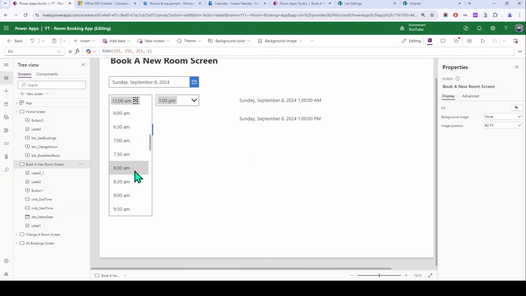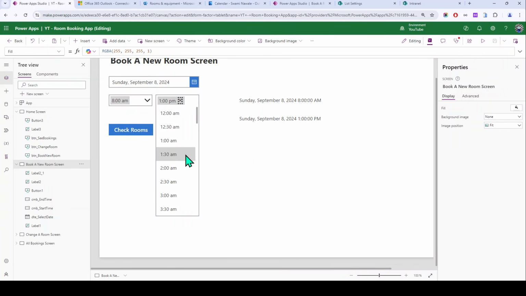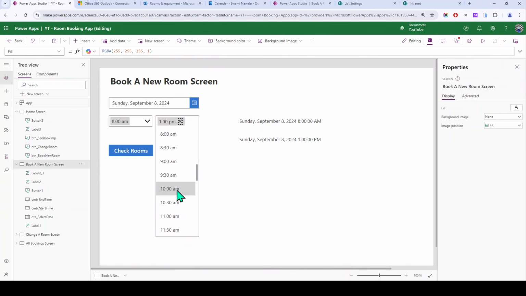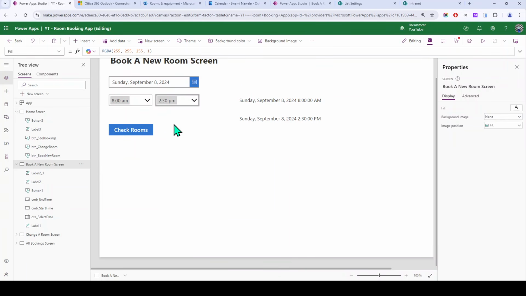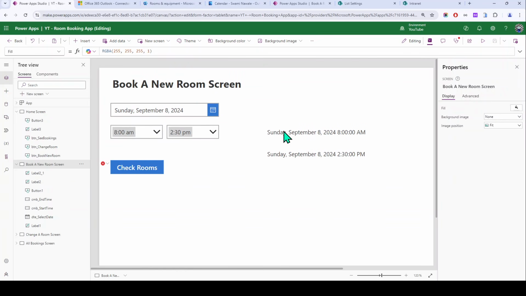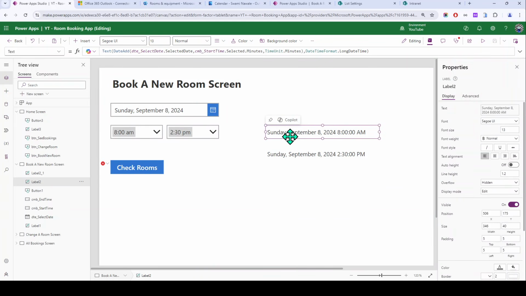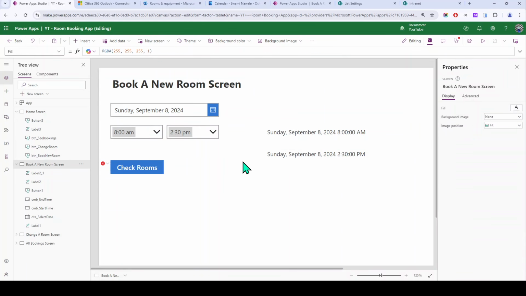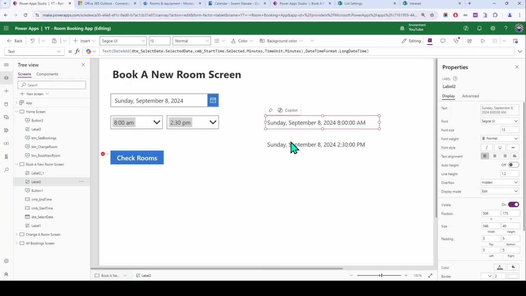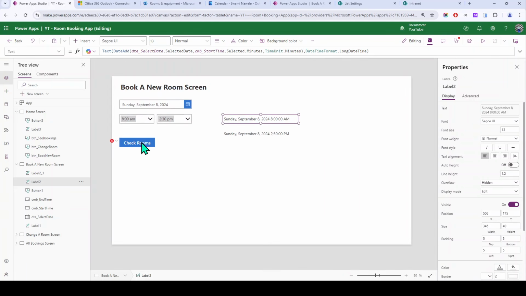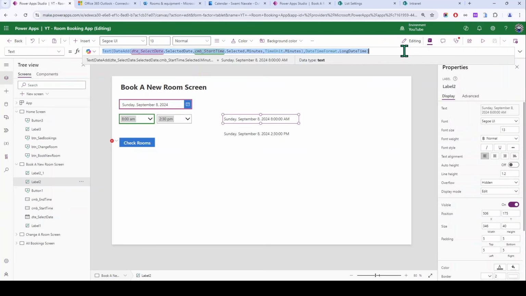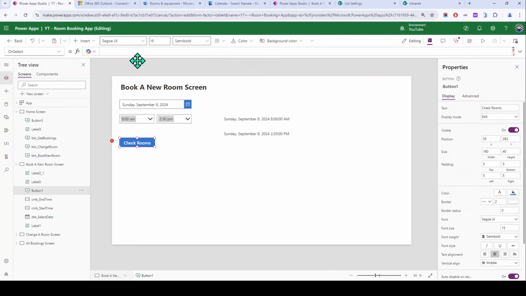Now for start time I will select 8 a.m. End time I will select, let's say, 2:30 p.m., right? So it is giving me properly, right? Sunday 8th of September 8 a.m. to Sunday 8th of September 2:30 p.m. So this is the formula we got. Similar formula we are going to copy and paste in that variable. So just copy the first one, check room,